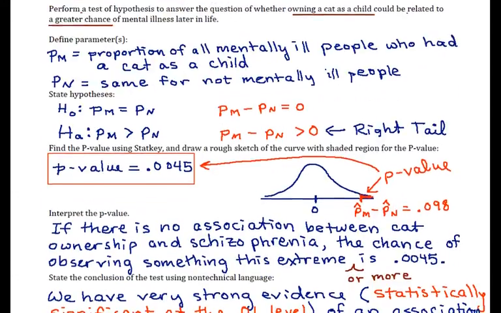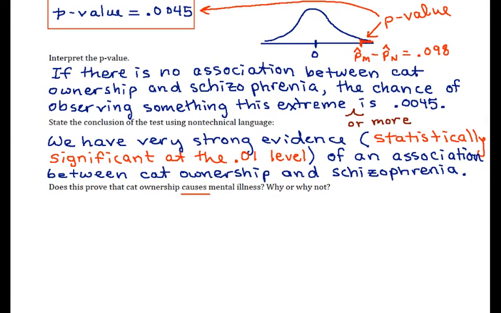So this is not a randomized experiment. The explanatory variable cat ownership was certainly not randomly assigned. That would mean we have to actually bring cats to families, right? And say, okay, you are going to grow up with a cat, and then we're going to see if you develop mental illness as a result of it. Lots of reasons why the study was not conducted that way. So we cannot conclude from this study that cat ownership causes mental illness, just that there is some association, which